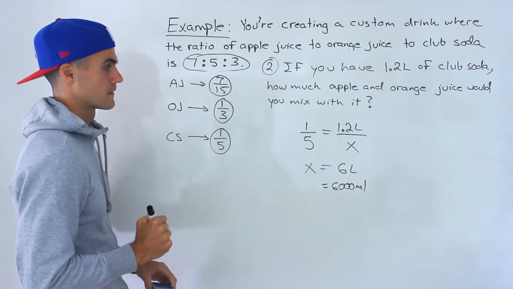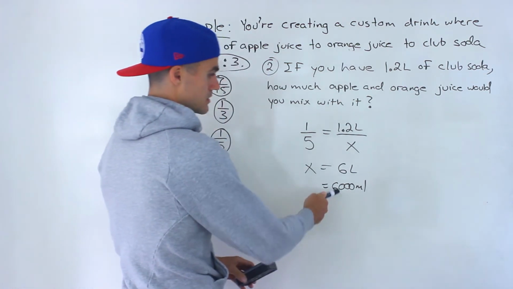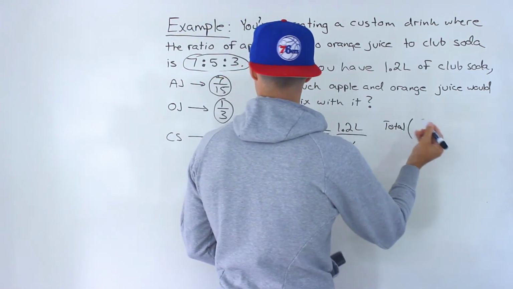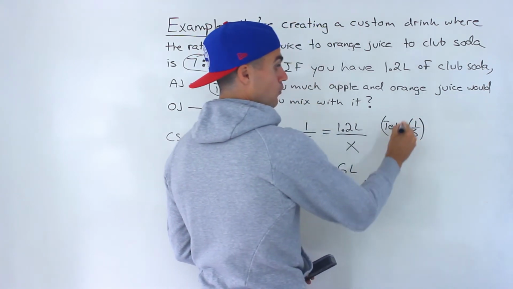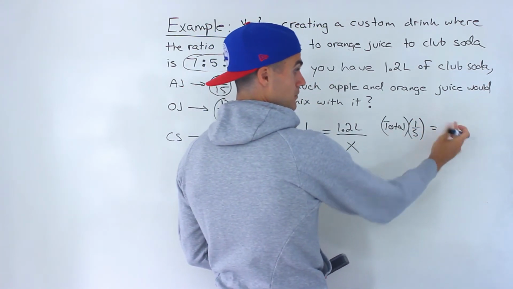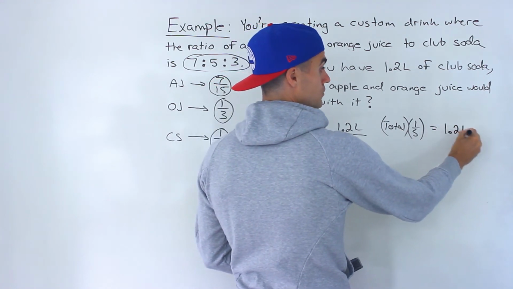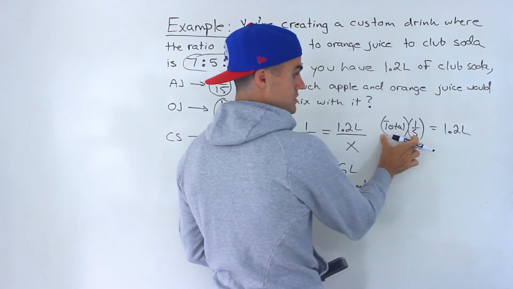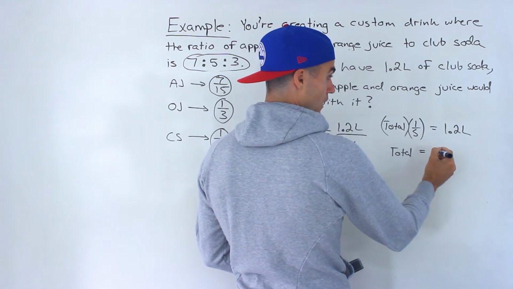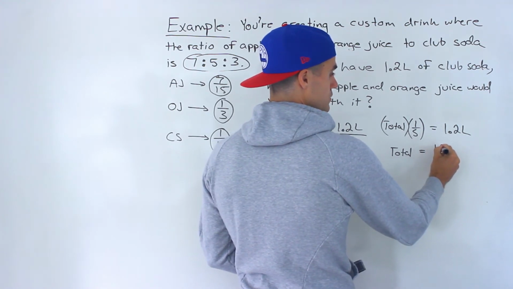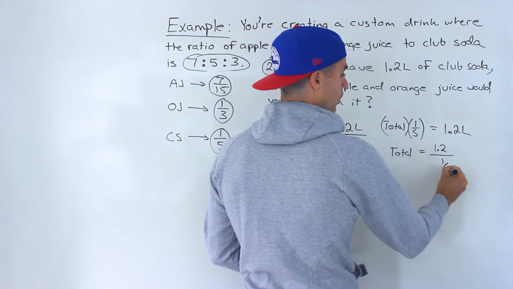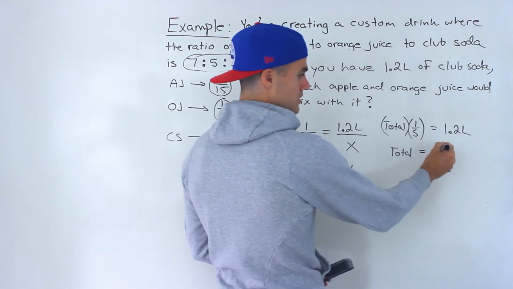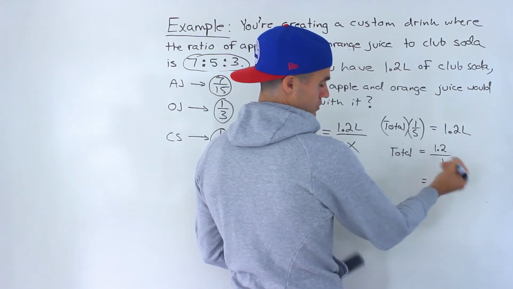Right, another way we could have done this to get this amount for the total is we know that the total amount times 1 over 5, 1/5 of the total is going to be the amount of club soda, which is 1.2 liters. So we also could have isolated for this total by dividing both sides by 1 over 5. So we'd have 1.2 divided by 1 over 5. And then having 1.2 in a decimal, so not the most proper format here. The 1.2 we can maybe convert to